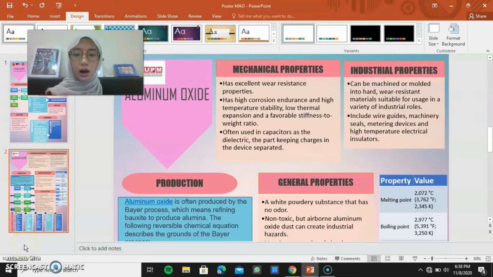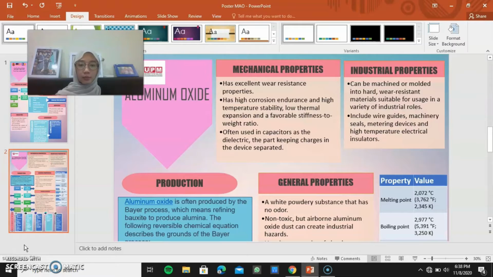Now, I'm going to present about the mechanical properties of aluminum oxide, which has three. The first one has excellent wear-resistant properties, high corrosion endurance and high temperature stability, low thermal expansion, and a favorable stiffness to weight ratio. The last one is aluminum oxide is often used in capacitors as a dielectric, which is the part keeping charges in